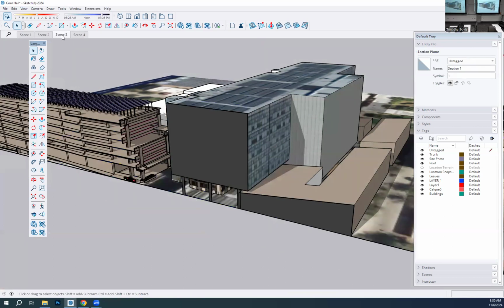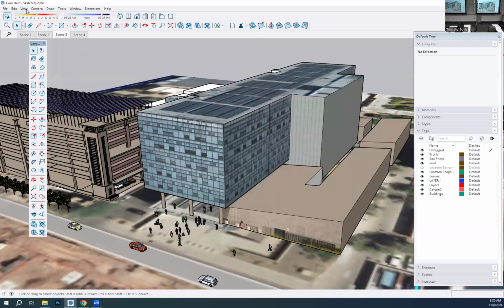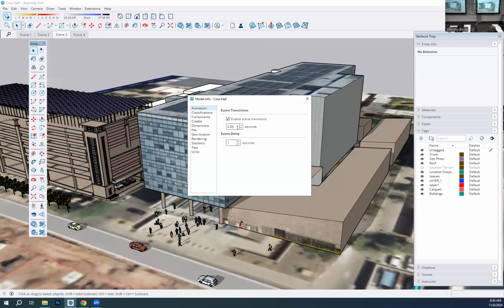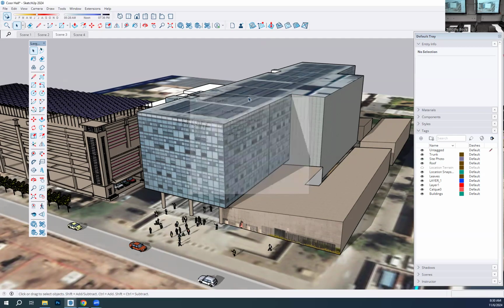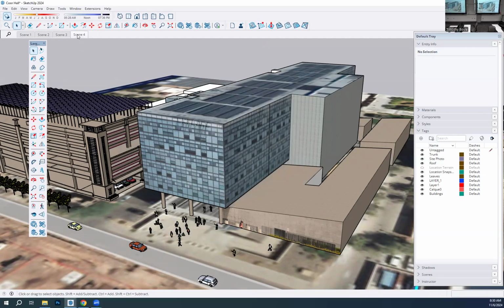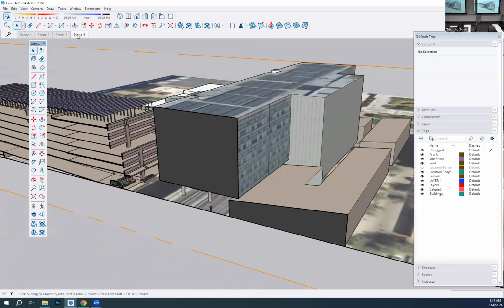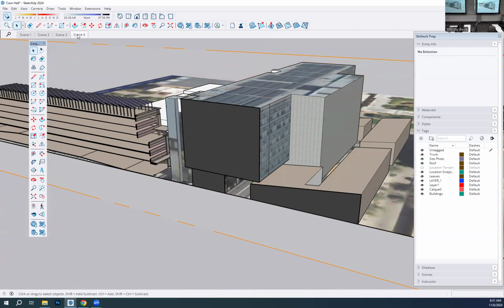And now I could go to the animation here. I'm going to change the settings. It's a 2-second transition right now, but if I was to make that, say, a 10-second transition, there we go. You can do an animation showing it cutting that section away, which is really good because most